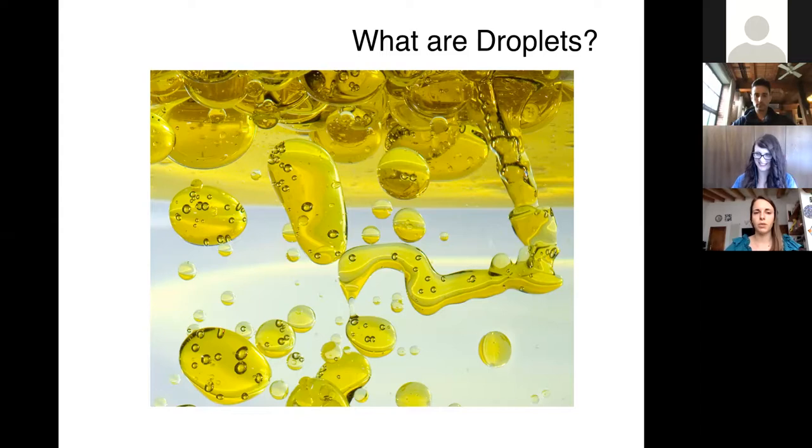So droplets, for those not familiar with the topic, are aggregates where we have oil in the middle of the drop itself. Instead, a vesicle is an aggregate of lipids in which in the middle we have a water phase, and this water phase is surrounded by a monolayer or a bilayer of lipids or phospholipids.